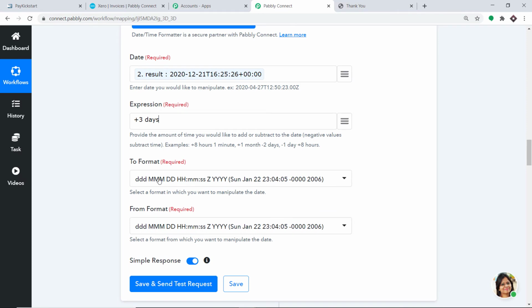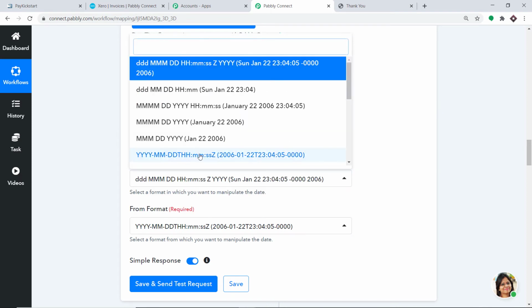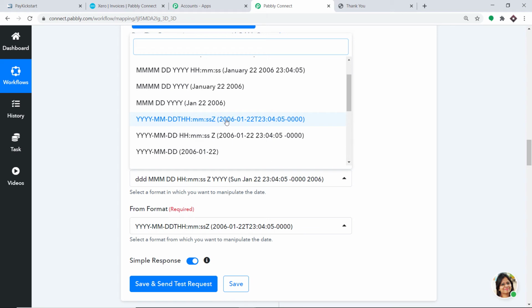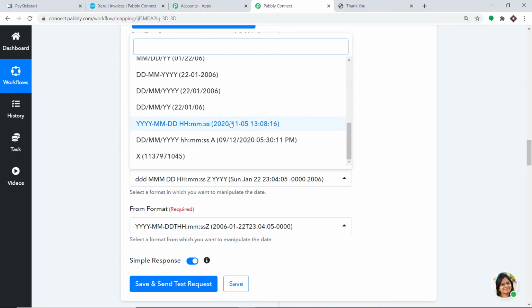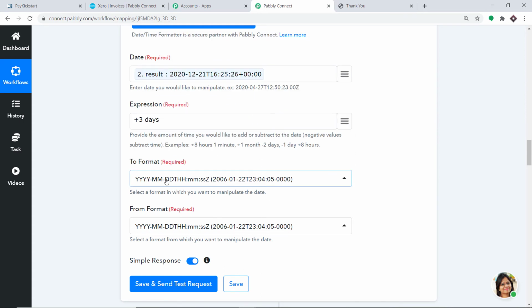For the format, the from format is basically our year, month, day. This one. And of course we don't want to change the format, so we are going to keep it the same. So where is our format? Yes, this one. So basically both the formats are the same, from format and to format.